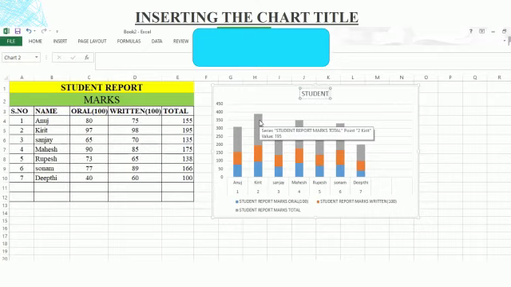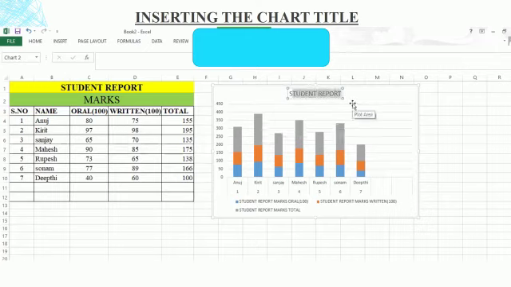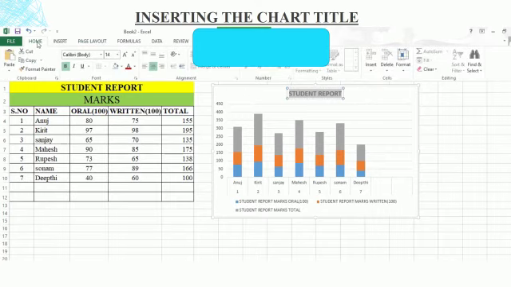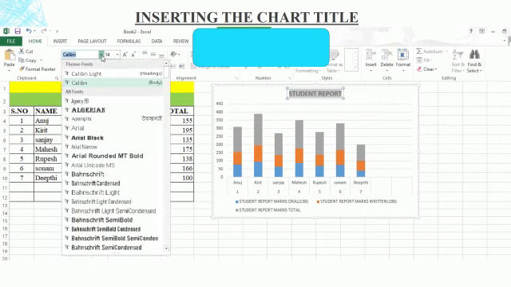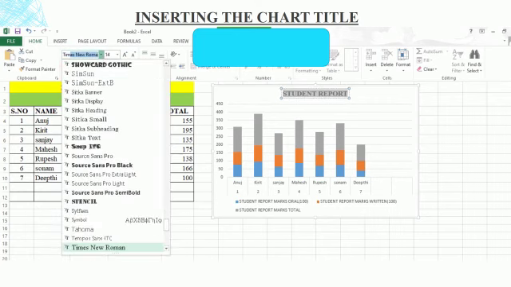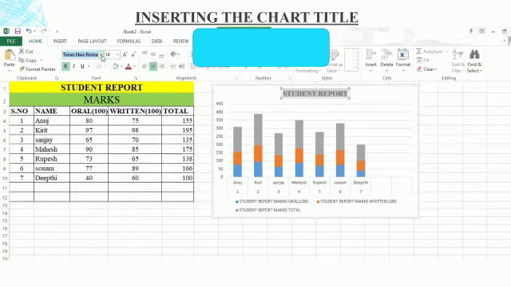Student report. Okay children. Now if you want to format it, you want to highlight it, Control B, bold, and if you want to change the font style, you can specify the style and the font size also.